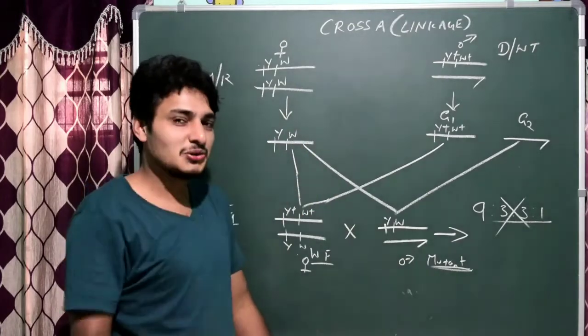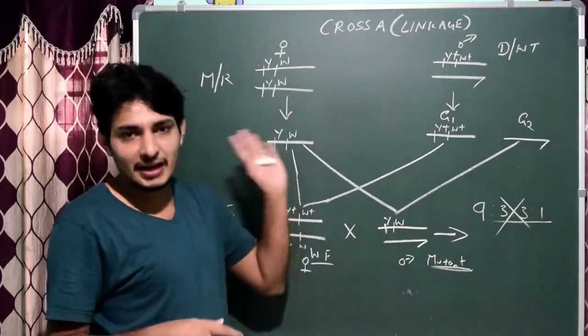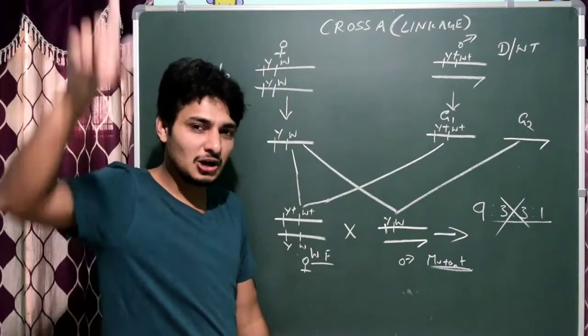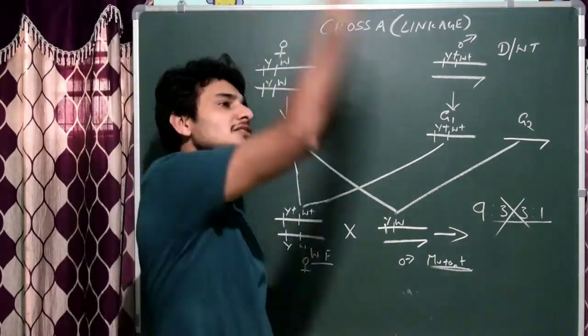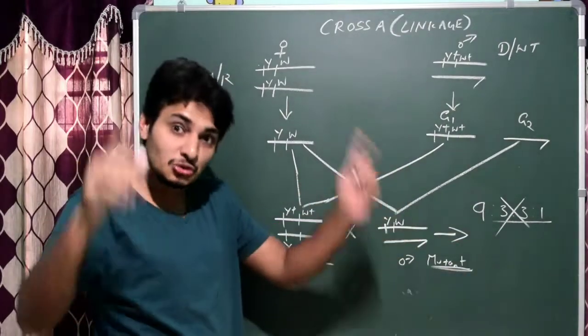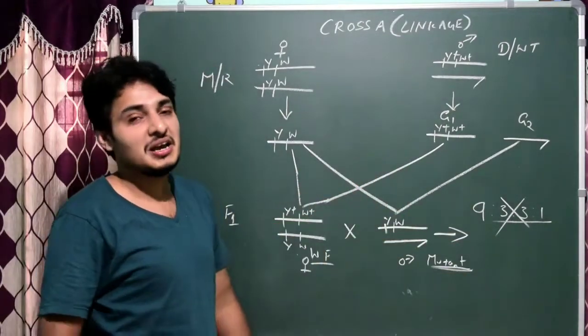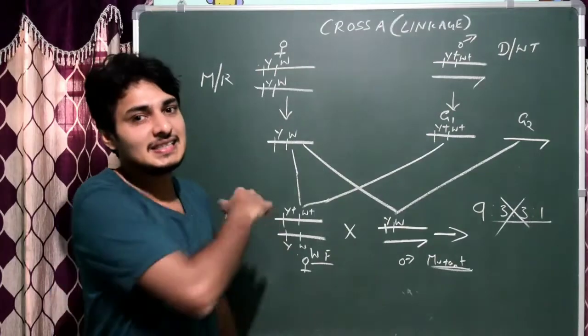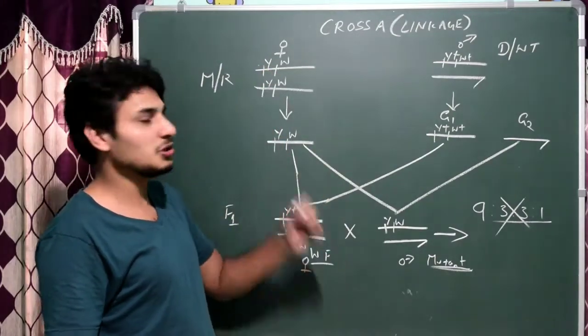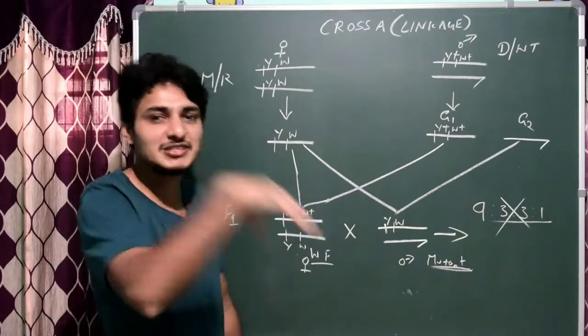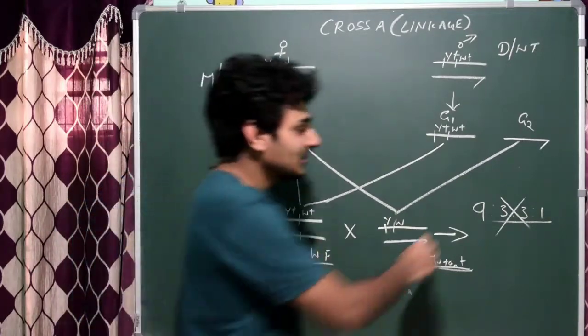Why? Because the characters, let us say the yellow character, is situated on one of the autosomes, whereas the eye color gene is situated somewhere else, on the 5th chromosome. So they exhibited independent assortment. But T.H. Morgan considered sex-linked inheritance, where the two genes responsible for two different characters are present on the same chromosome, that is the X chromosome. That's why he did not get this result.